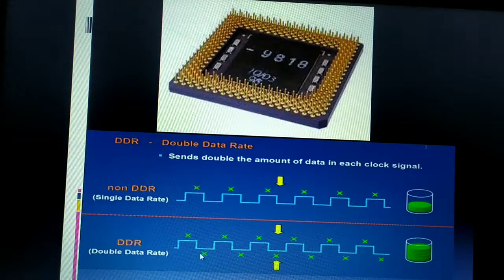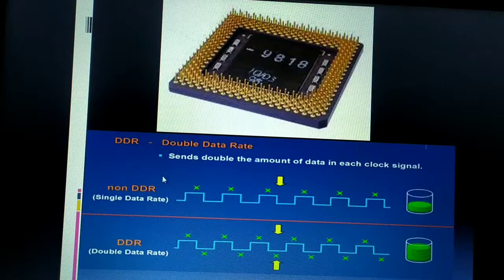That is the reason it has the ability to transfer double the amount of data compared to non-DDR. So if the capacity here is 32 bits, then the double data rate random access memory is almost having a 64-bit data transfer rate. Obviously this will be the fastest data transfer between the random access memory and the CPU for the processing purpose. Non-DDR is nothing but the normal RAM slots like DIM slots or synchronous dynamic random access memory. Just to make you understand, I'm showing these images.